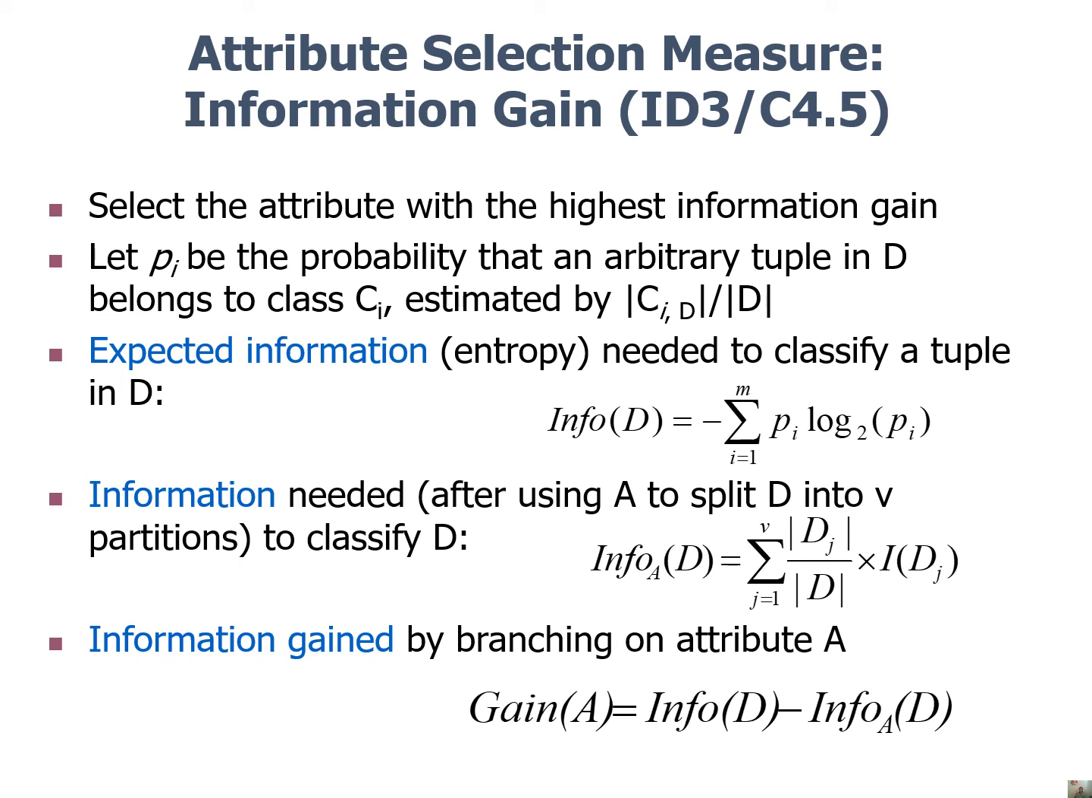If the information gain of an attribute is lesser, then it should be placed on a lower level of the tree. Then only will the tree, or the algorithm, perform better. So this can be done. Let P be the probability that an attribute tuple in D